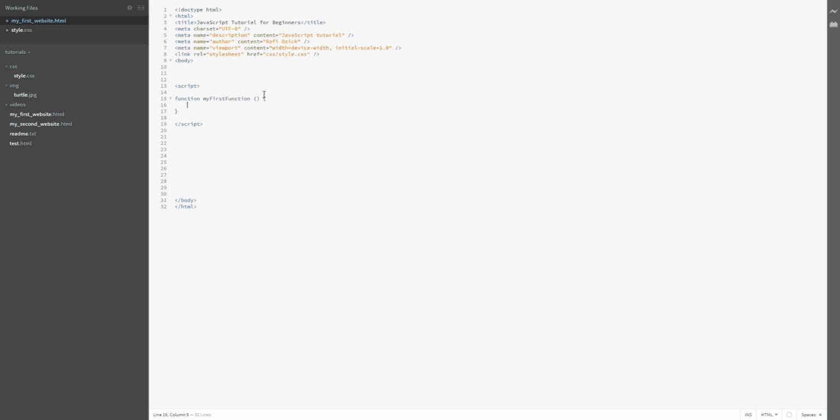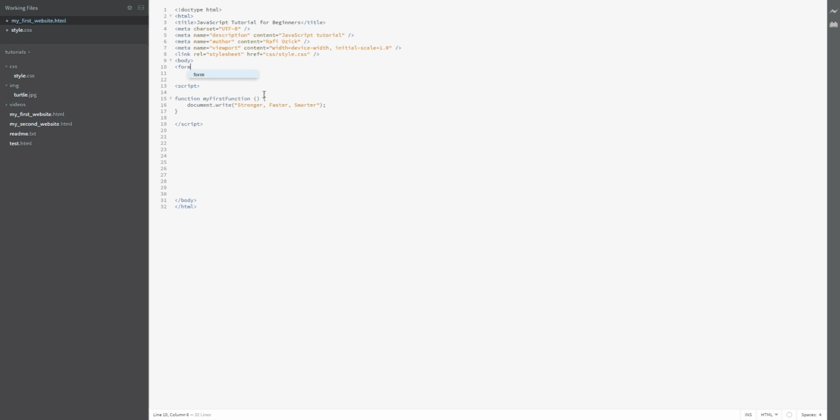So in this case, what we're going to do is document.write, and we're going to say stronger, faster, smarter. And that's going to be our document.write. And now we can call this function inside of actually a button. So if we go to our main HTML up here in the body,